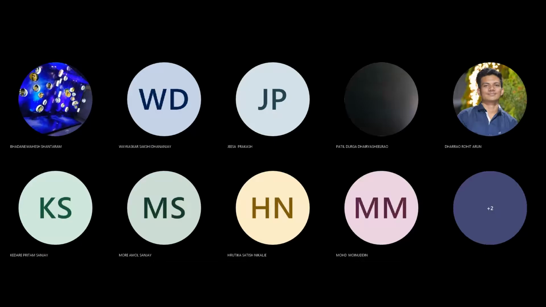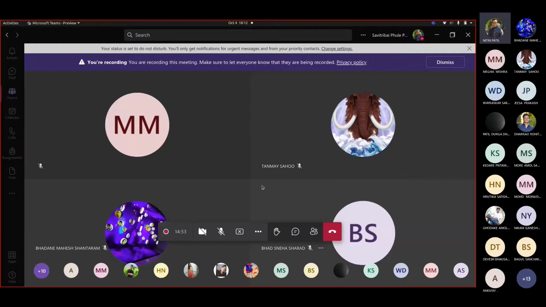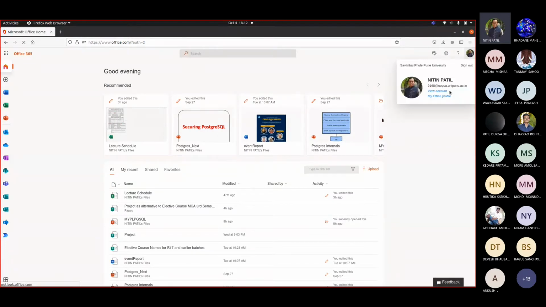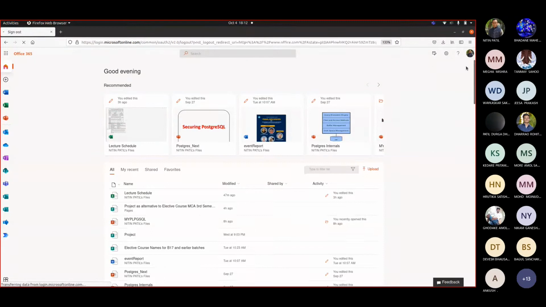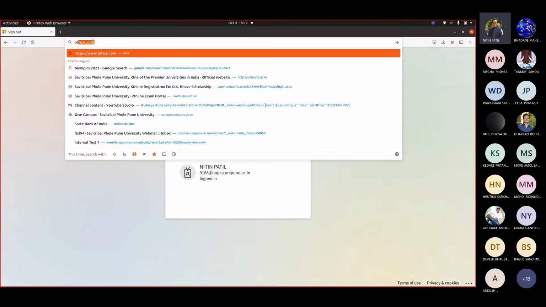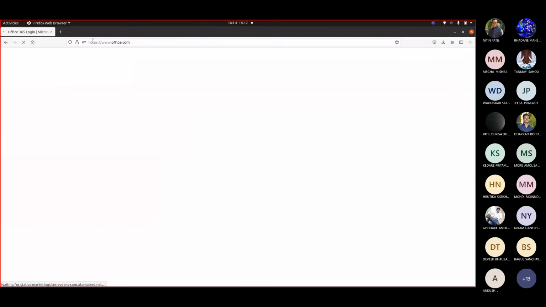Be made available the way that I made them available in my previous course, in the second semester. So when you go to office.com, it will ask you first time to log in. Let me sign out from here for a while. Okay, and how does it look? Let us see how exactly it goes. You type in office.com, and it will ask for your permission, your credentials.